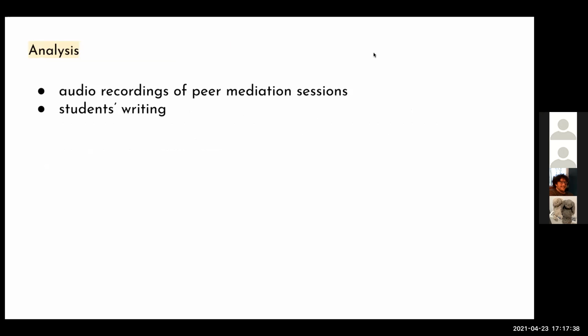Yeah, so for the data set that we analyze, there are basically two of them. One is the audio recordings of the peer mediation sessions. We believe that from analysis of that over time, we can see evidence of their learning, and to see first of all how they are actually doing during the interaction,